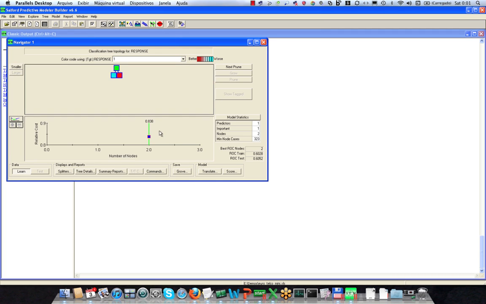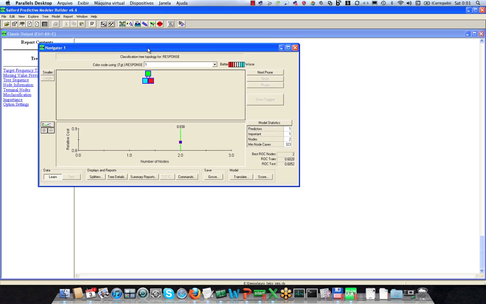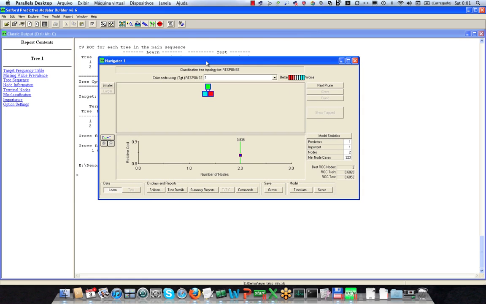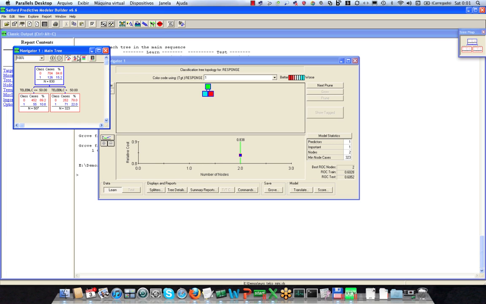We'll actually see something interesting here. Only one split has been made, but that's all right. What we want to do here is understand how CART gets started. So let's go ahead and look inside of the root node. This is where we begin. 704 cases of 0, 126 cases of 1s. The 1s are the responders. And what actually happened here